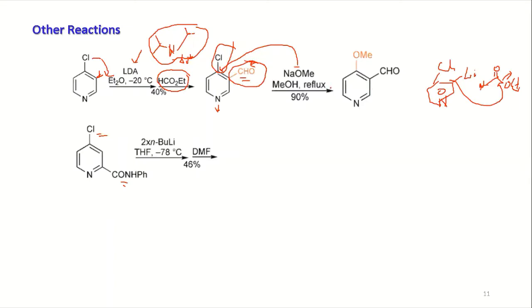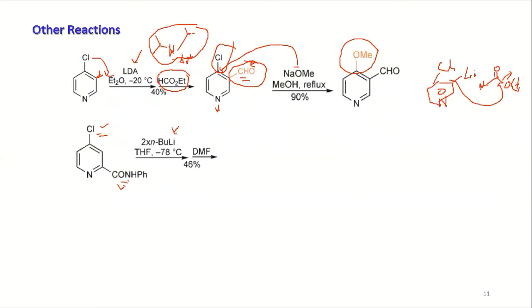Now after that, when you have the formylation, the ring became electron deficient again, so it will allow the nucleophile to attack easily, and chloride is going to come out. So methoxide is going to react, and it will be installing the methoxide here. That is what I want to mean. Now in the second case, what is happening? You have the halogen here, you have the group here, CONHPh. Now you have to use excess butyl lithium. Why? You have the NH here.